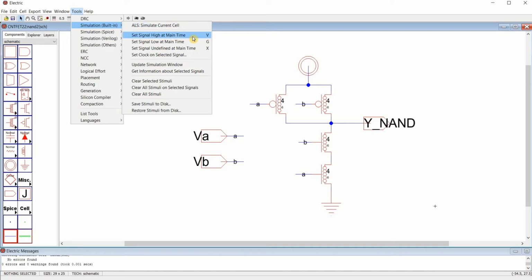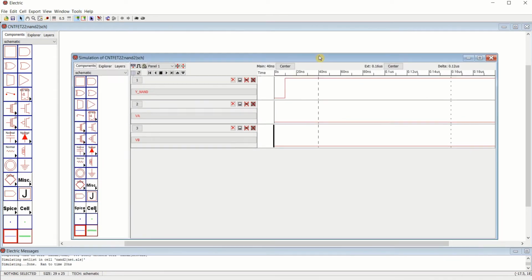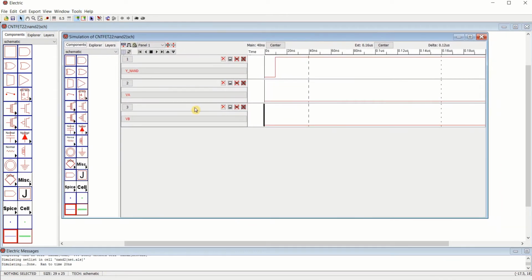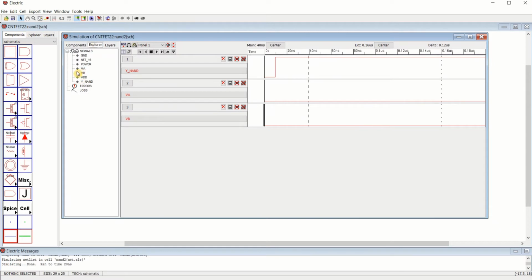To set the high value, use V, to set the low value, use the shortcut key G, and if you want to set the signal as undefined, use X. Now just click on this. It is going to load the signals. Else you can load from here also by selecting the Explorer.